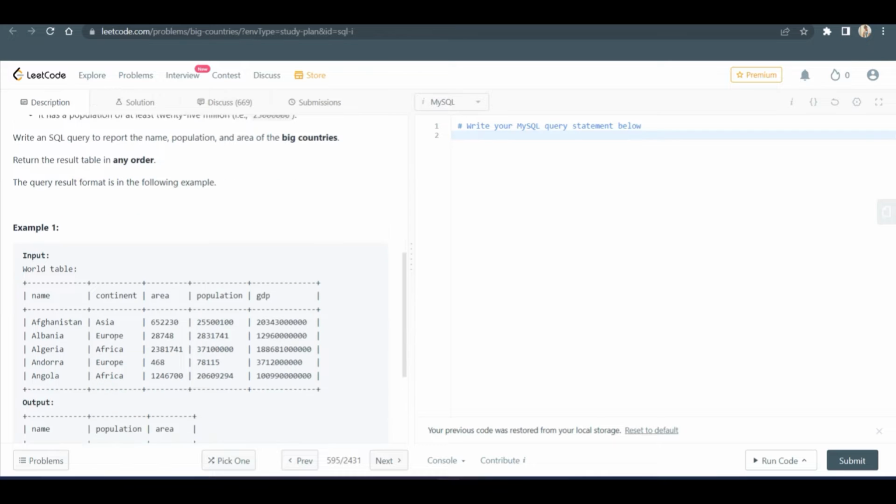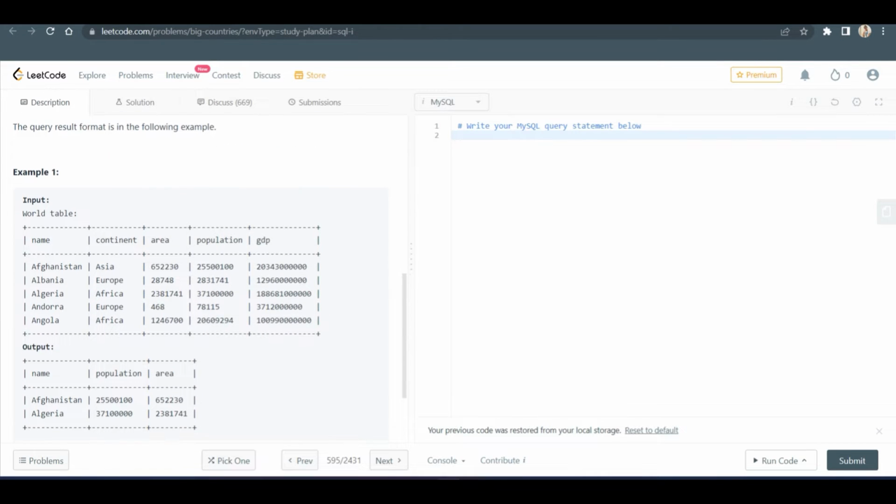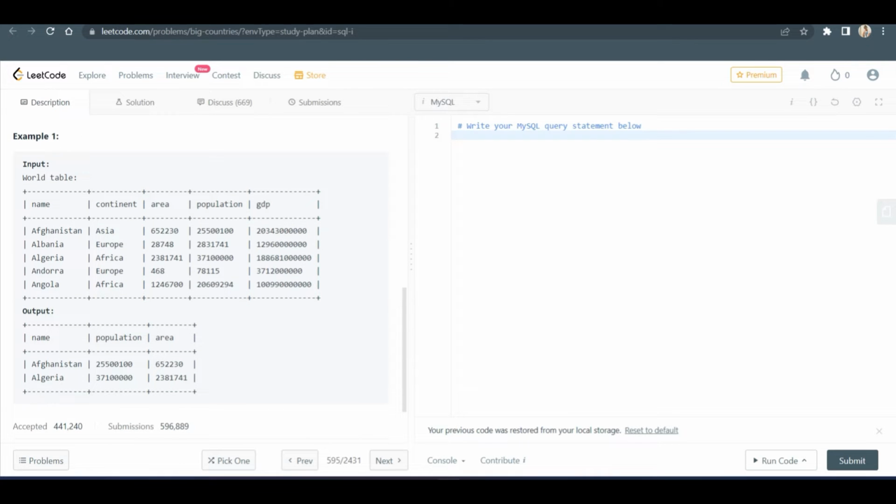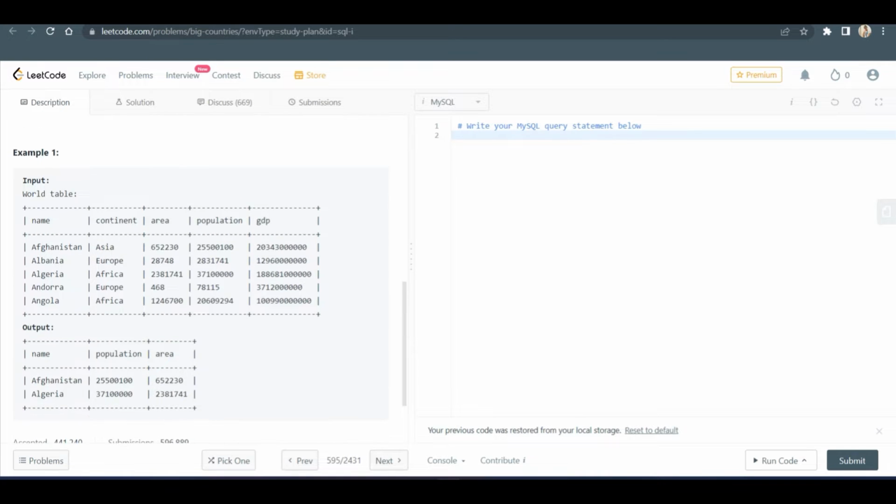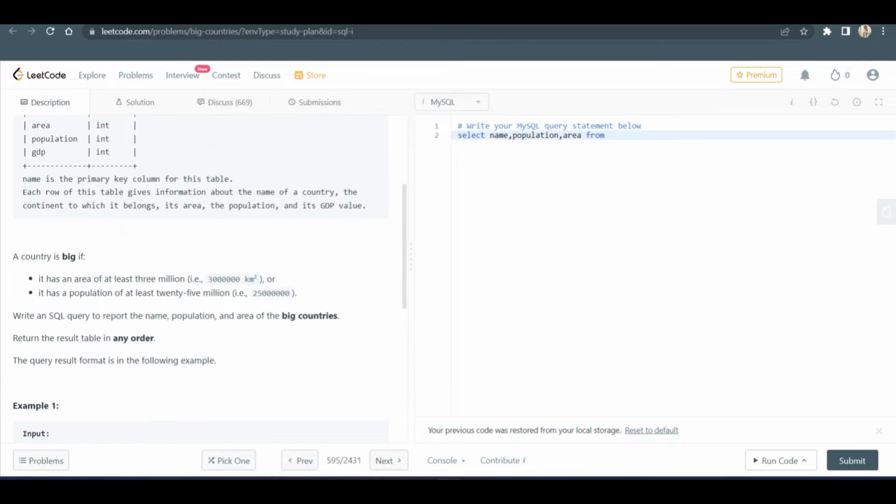So here is the example input and example output. In the output format we have to select just name, population and area from this input table. So we will write the query accordingly. First, select name, population and area from world table